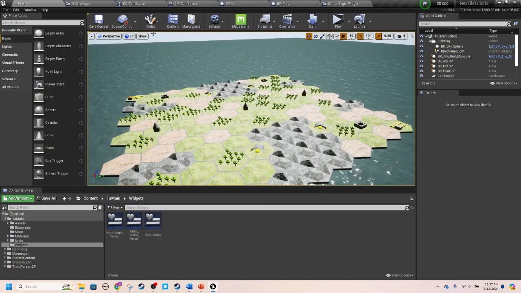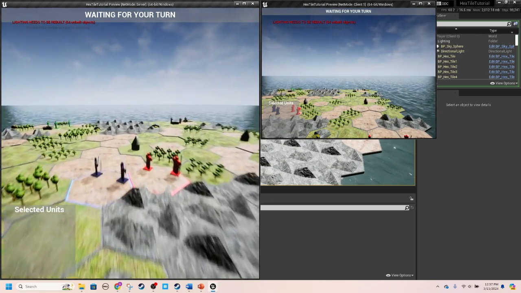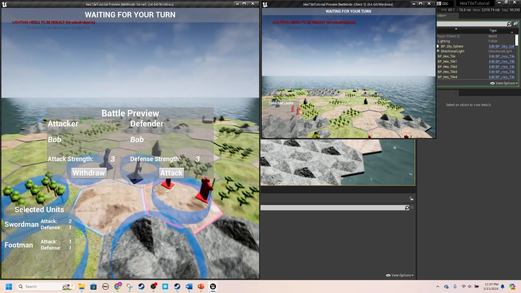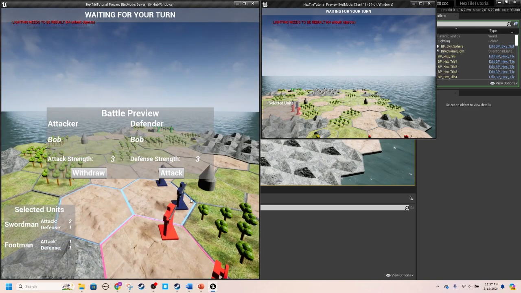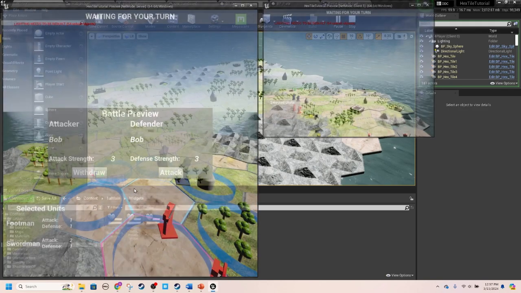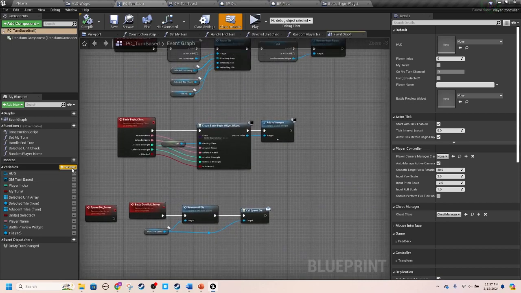Where I want to start first is doing a little bit of bug cleanup. So I'll show you what I mean. We select this army, we come into attack. We can move, well, I guess in the preview it doesn't really matter, but really when this HUD's up, I don't want anything else to happen. So I think what we'll do is